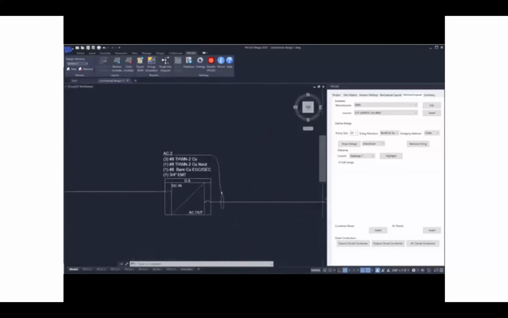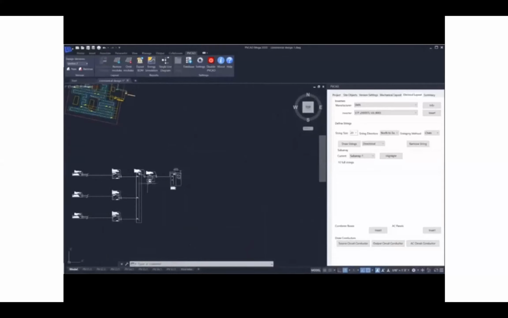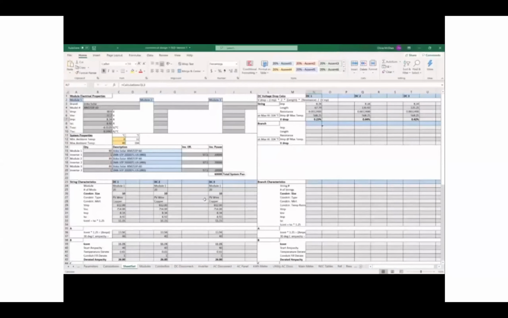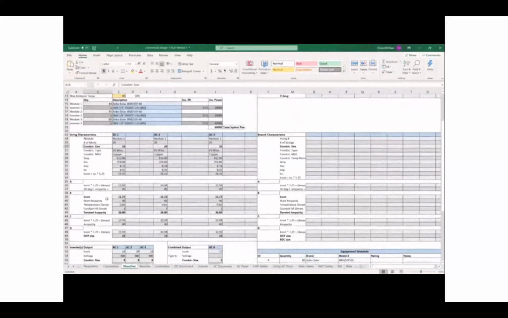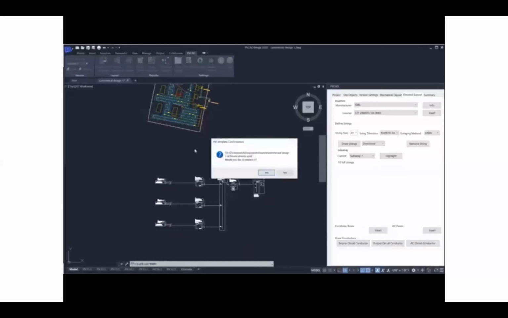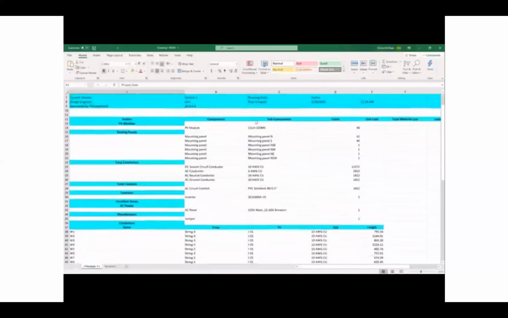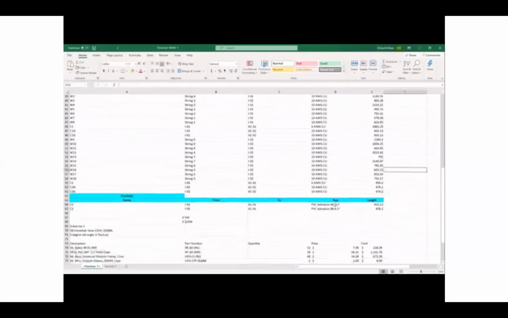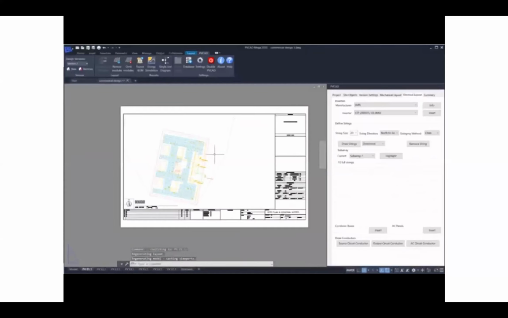So these are all CAD blocks. They're highly customizable. We provide all of the conductor measurements that you can then actually view in this calc set. So we give ampacity, voltage drop, all of the calculations are there instantly. Here's the bill of materials like I was talking about, our balance of systems that actually gives full conductor lengths as well. There's our racking bill of materials. So instant, right at your fingertips, highly customizable,